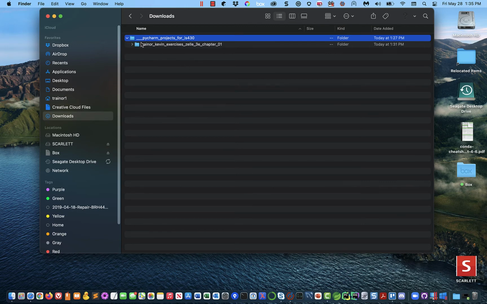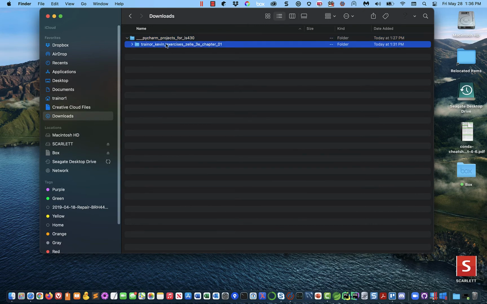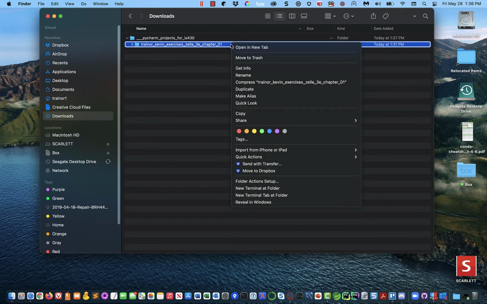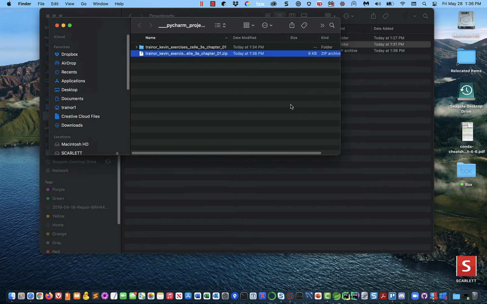Okay, so what do I have? Well, I've got one project here. Okay, and if we open it up, we can see it's got the two programs. That's good. That's what's expected. So all I have to do is to zip this now. So I'm going to highlight the project directory, right click, and choose compress, and then it gives the name of the directory. And it gets compressed, and in the current version of Mac OS, the way I have it configured,